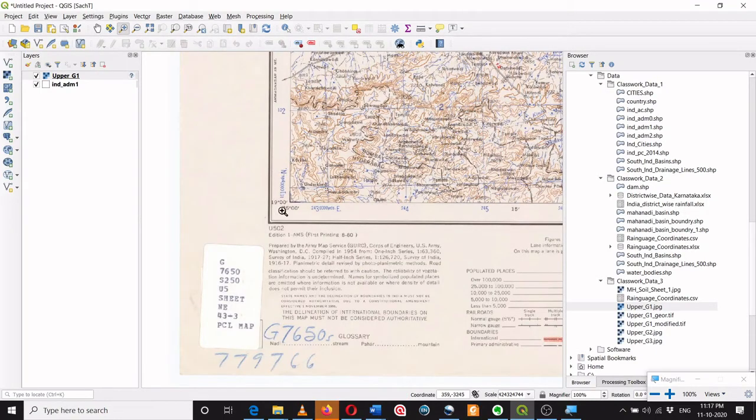Here the latitude and longitudes are mentioned, 19 degrees and 75 degrees. Now the question is how to identify which is latitude and which is longitude. So let's study all the lat long which are there on all four corners of this topo sheet. So here is 19 degree and 75 degree.